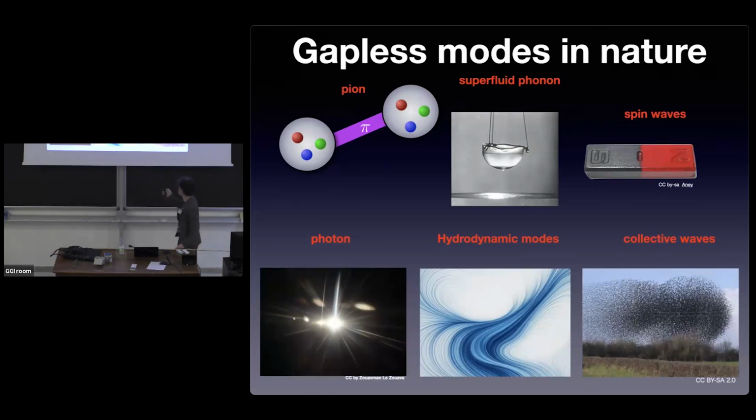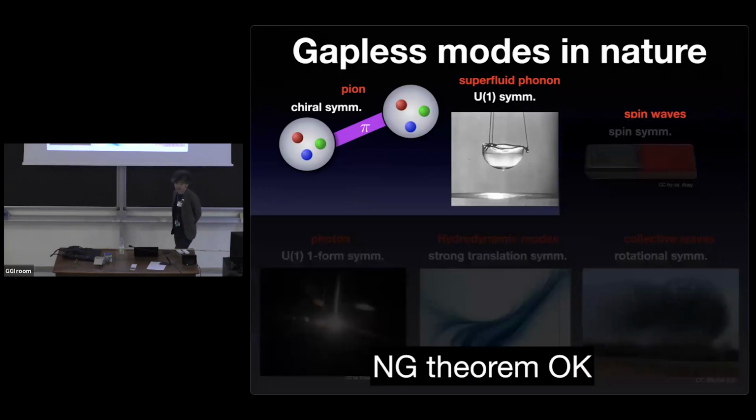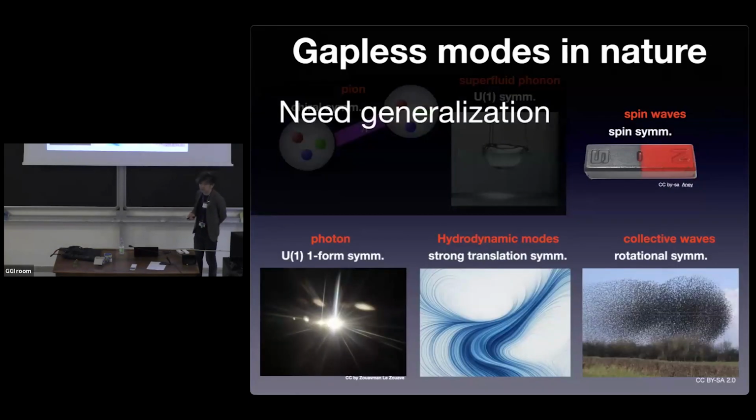And more interesting features appear in more exotic systems like active matter systems. These are also a kind of number-Goldstone boson. The ordinary discussion of the number-Goldstone theorem works only for certain kinds of systems. To understand the other systems, we need some generalization. So in this talk, I will focus on hydrodynamics and also the open system. This is the target of this talk.